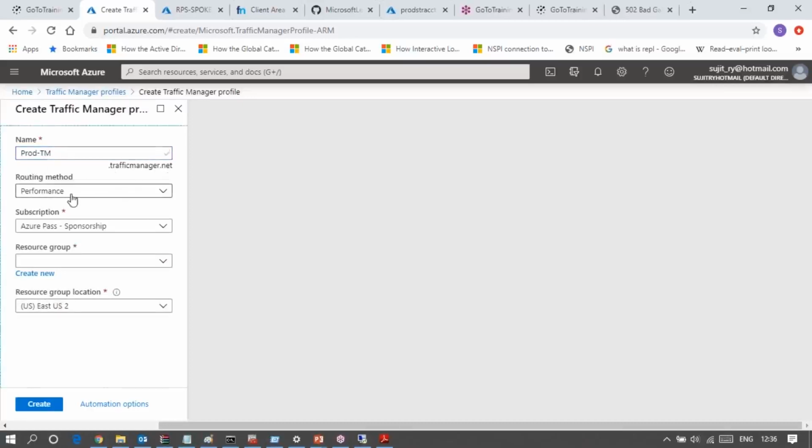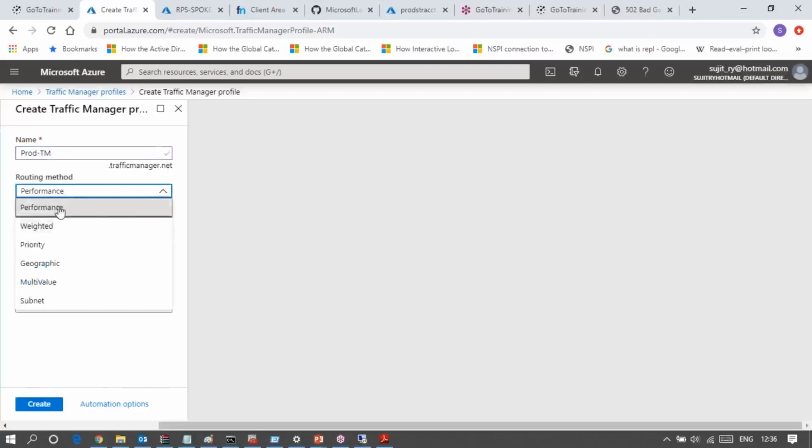Okay. Routing method: there is a list of routing methods, performance, weighted, priority. You can set the priority, so that if Azure infrastructure gets higher priority, all requests first hit Azure. If it is busy for anything, then the second priority will be chosen. Geographic means the nearest location. Multi-value, you can set different types of information to find out the location.